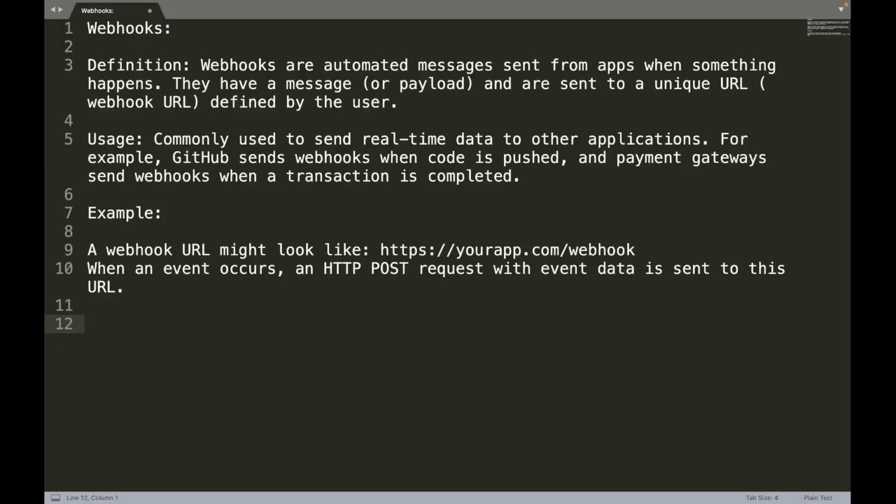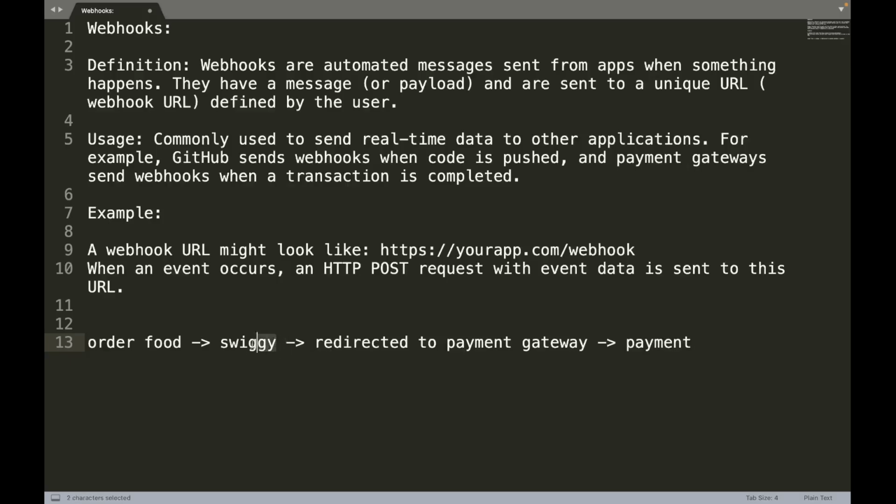Now, let me give you a very simple example, then I think the definition will make more sense. You order food on any platform. Let's say I pick Swiggy, an online platform where you can place an order for food. Once you have added the items to the cart, you go to checkout and are redirected to the payment gateway, and on the payment gateway you make the payment.